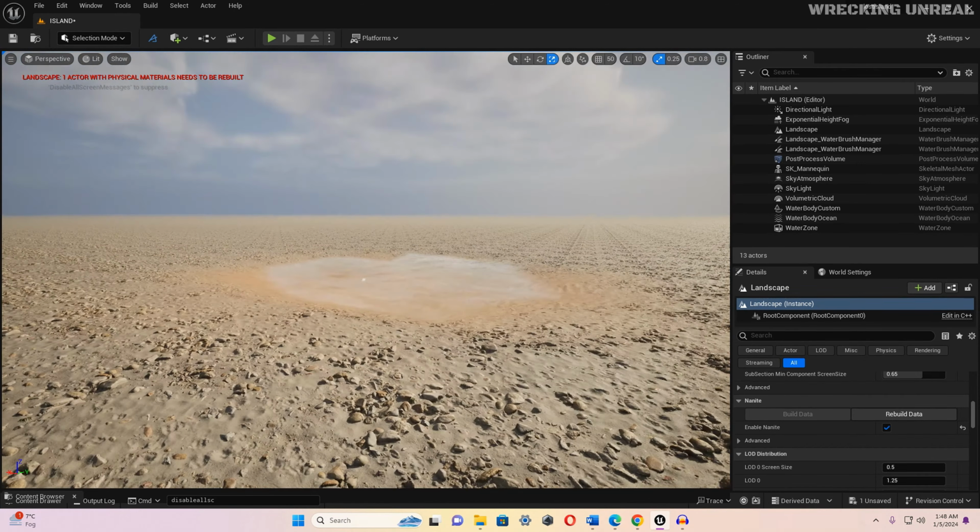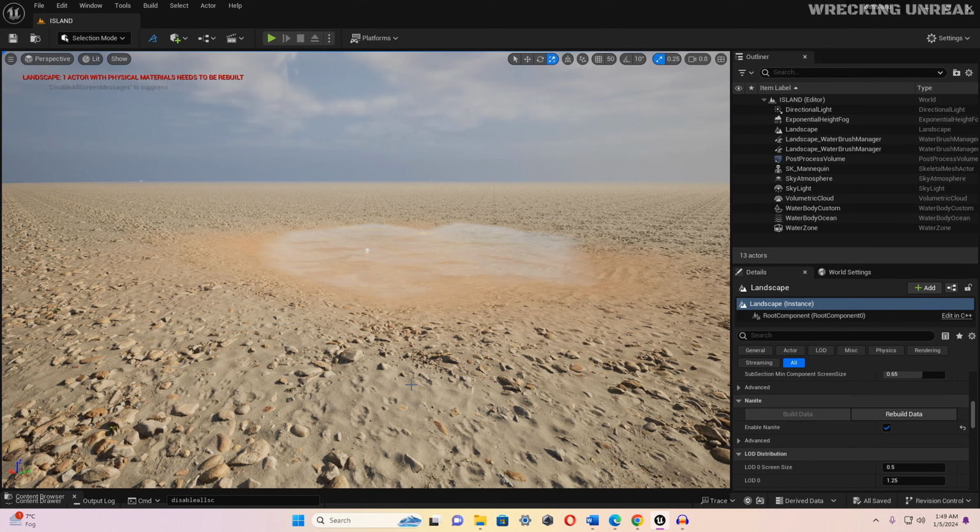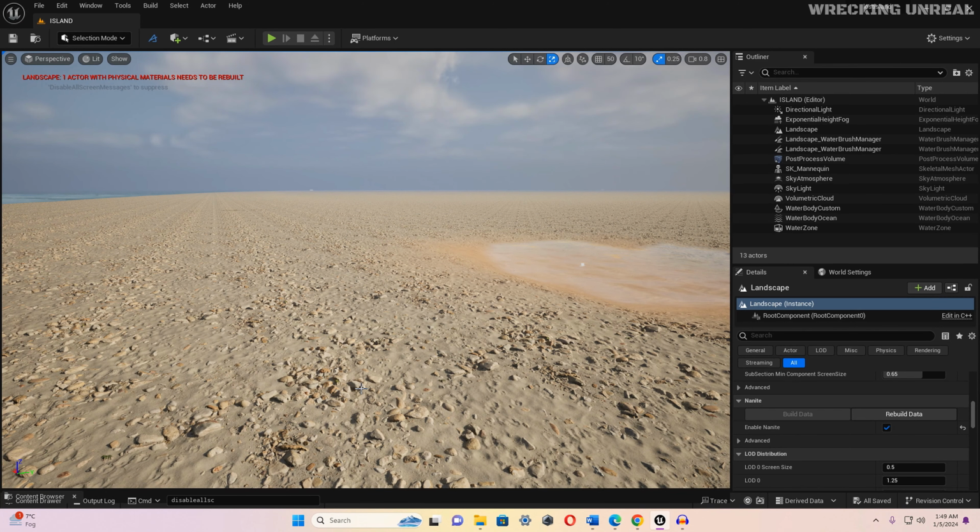Okay, that's done. Now we need to add 3D assets to our landscape. For that, go to the content browser,